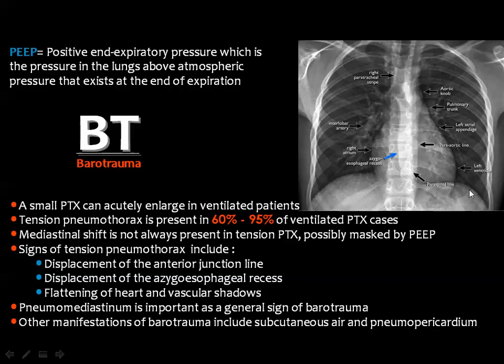The basic radiographic signs of tension pneumothorax are the presence of mediastinal shift and the depression of the diaphragm. According to the literature, mediastinal shift may not always be present. Other signs include displacement of the anterior junction line and the azygoesophageal recess, flattening of the heart, and the vascular shadow. Pneumomediastinum is important as a general sign of barotrauma, and it has its own radiographic